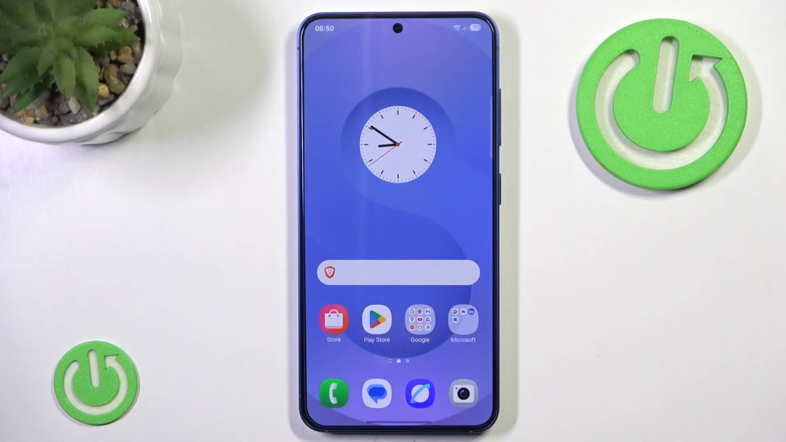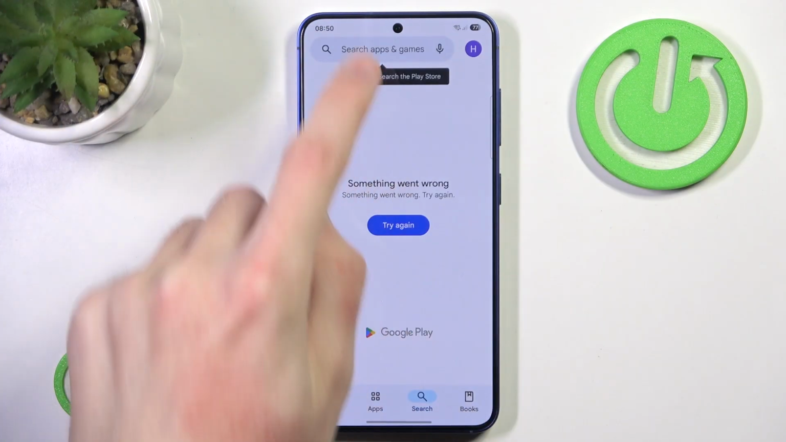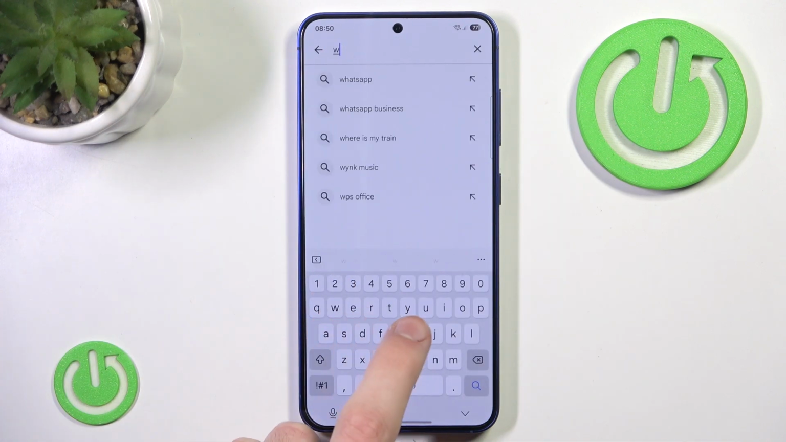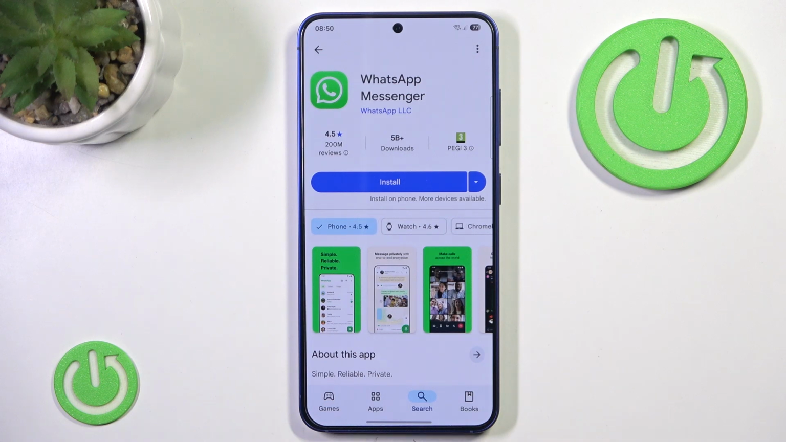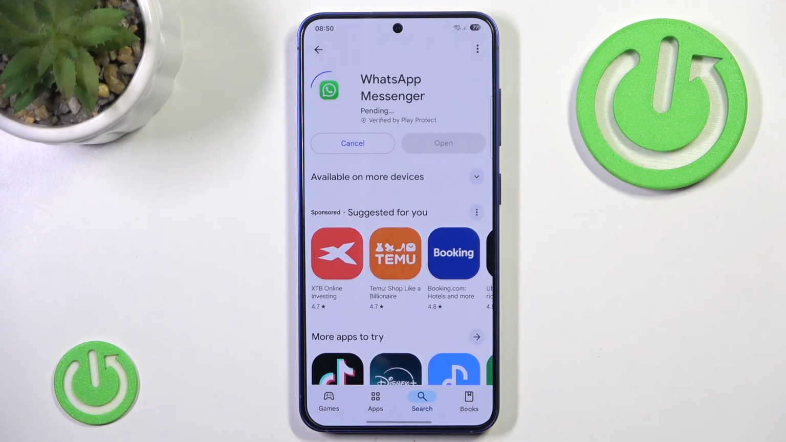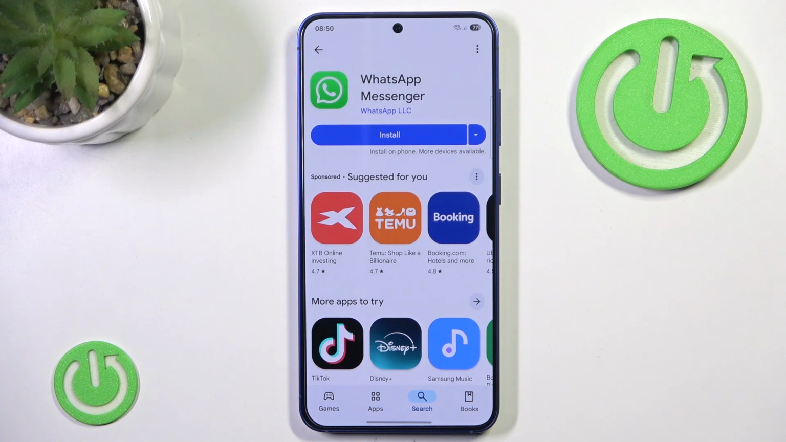So the obvious way is just to simply go to Play Store, go to search, and here type in WhatsApp. And simply click WhatsApp Messenger and hit install. However, if this for some reason doesn't work for you, or you don't have a Google Play Store or whatever,